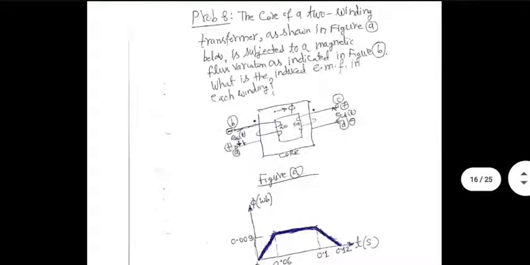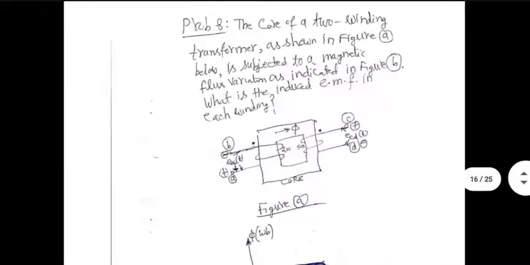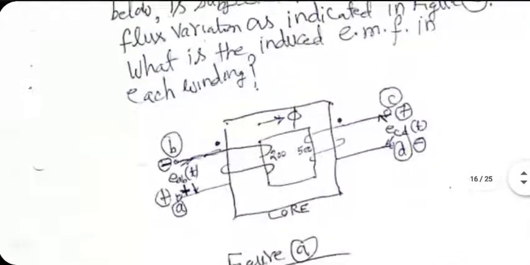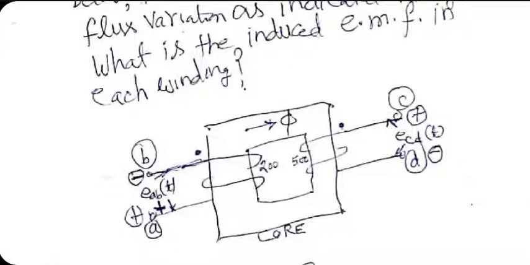You will use Faraday's law, as simple as that. Primary has 200 turns and secondary has 500 turns. Okay, so it is a step up transformer. Fine. Dot convention is shown. Both the dots are on top. So primary and secondary voltages are in phase, and currents are also, although they are not shown here. In fact, you don't need currents because they want only voltages in the answer. Flux, unfortunately, is not sinusoidal. That is the problem. Polarities are also shown.